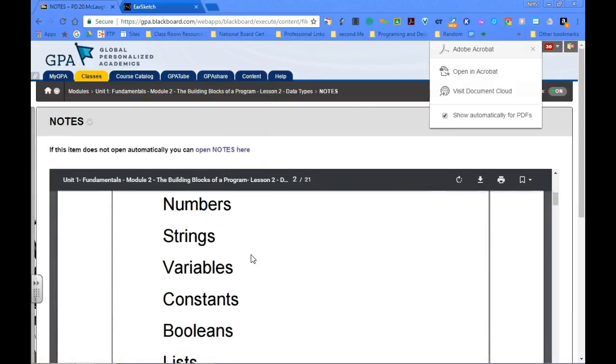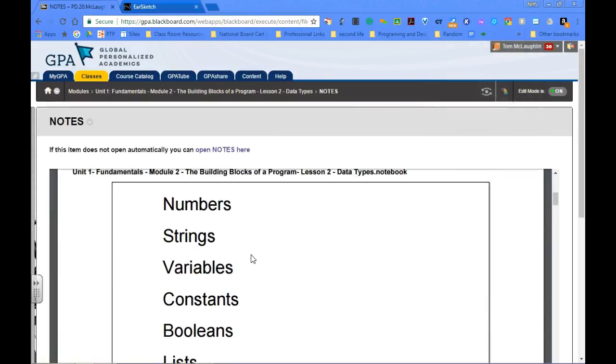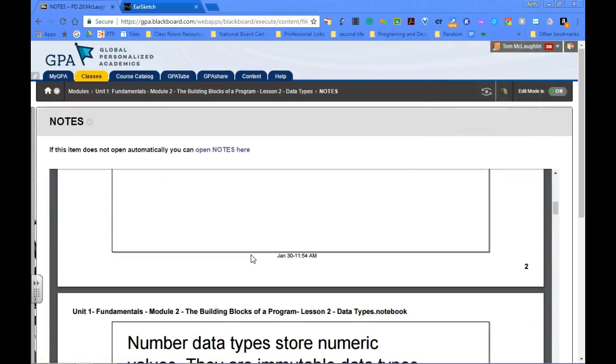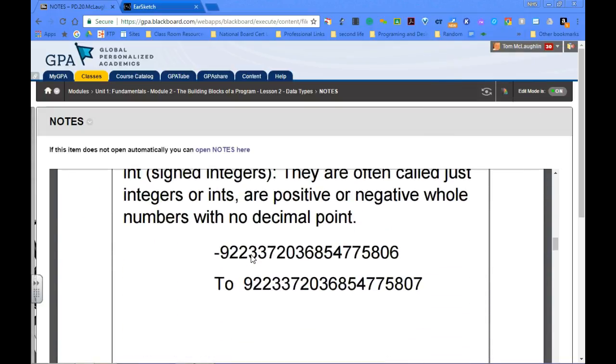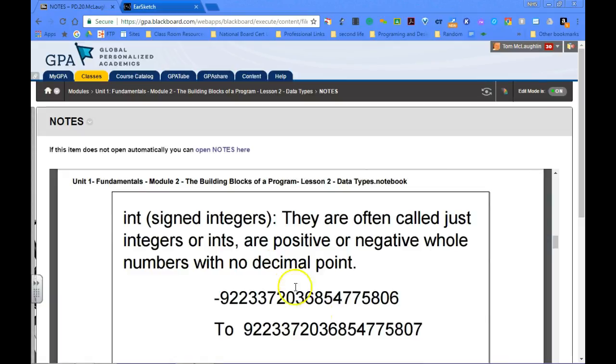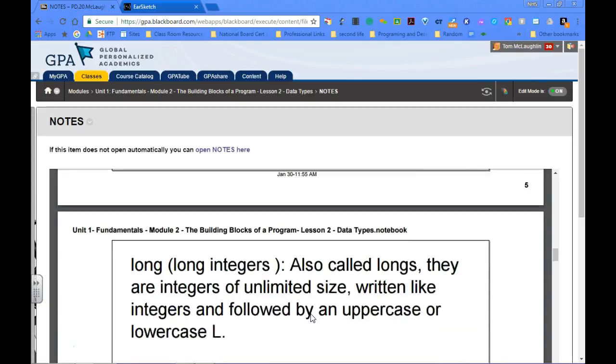So you can go through and look at the different data types. We can see we talked about numbers, strings, constants, booleans. I won't go through all of this, but you can go through and study this. And again, I won't ask you the size. You just have to know which is bigger, which is smaller,